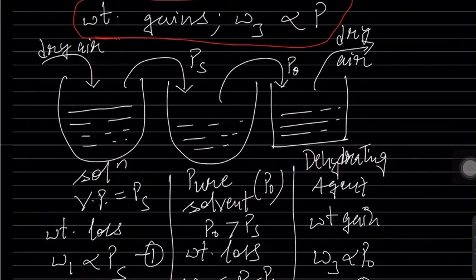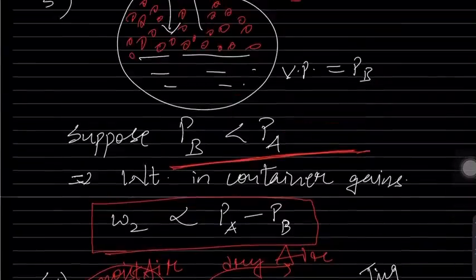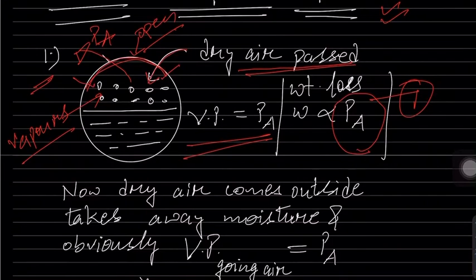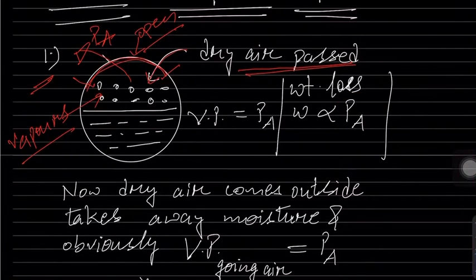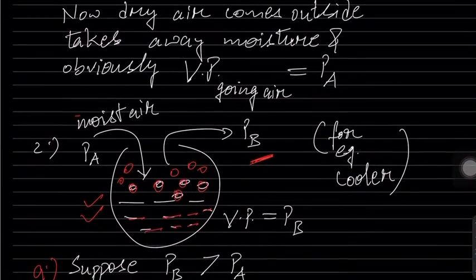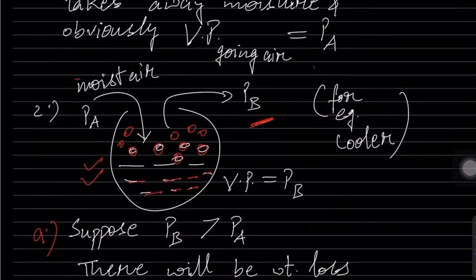Now we do have the theory of Ostwald and Walker. You have studied it, let us study it again so that you understand. In concept number 1, what do we have? We do have dry air. That dry air is coming inside it. And what is this dry air doing? This dry air is gaining the vapors from here and it is coming outside as moist air, taking the vapor pressure PA. This moist air maintains a vapor pressure of PA. So the vapor pressure of the outgoing air is PA.